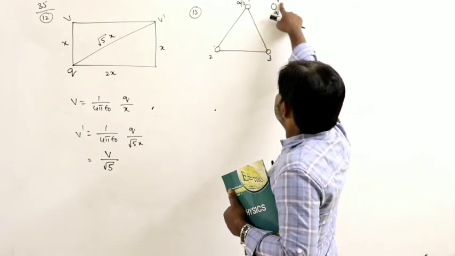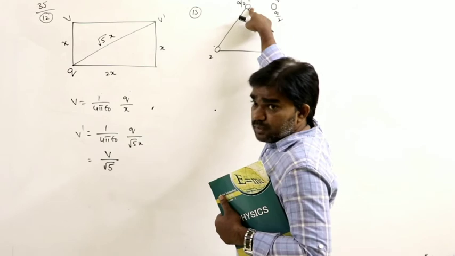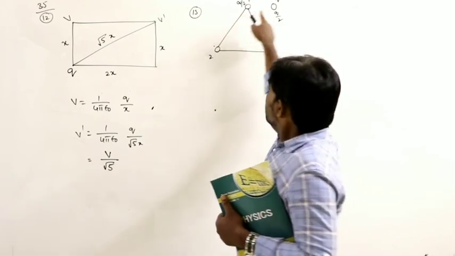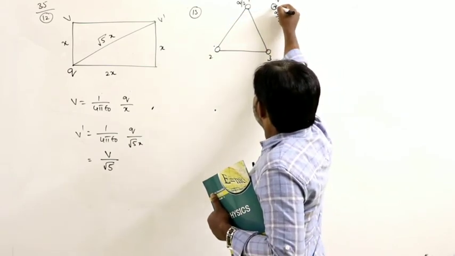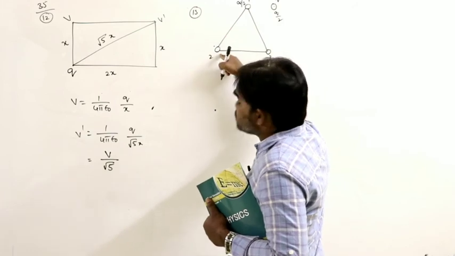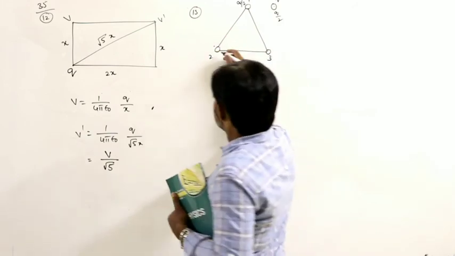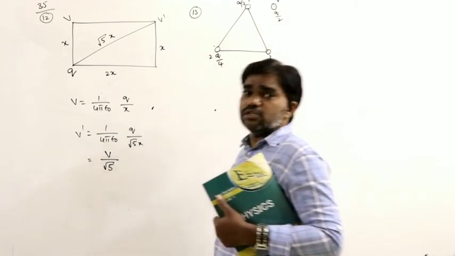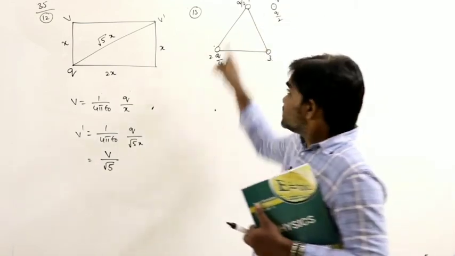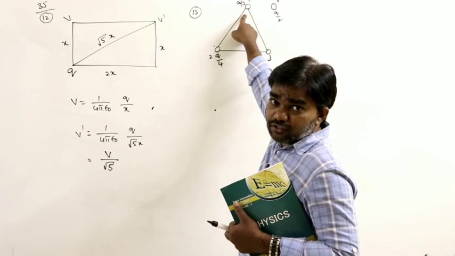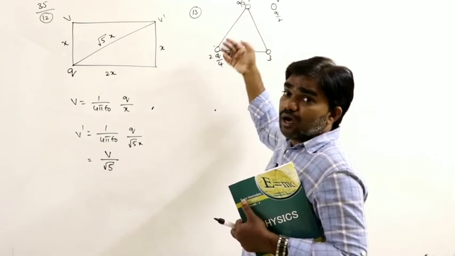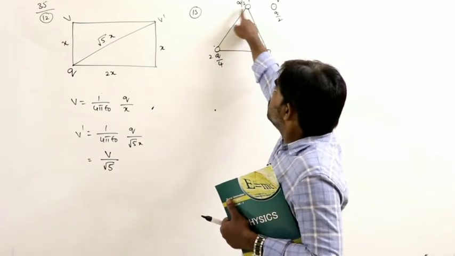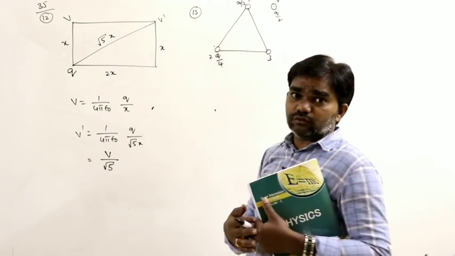Initially this charge is q. After touching with the first sphere, this charge becomes q by 2. Next, what is the charge of this sphere here? q by 2. And again it is touched with the second sphere, then the charge is equally distributed. This becomes q by 4 and that also becomes q by 4. After the first touching it becomes half charge. After the second touching, again half. Already it is q by 2, and in that half, q by 4.